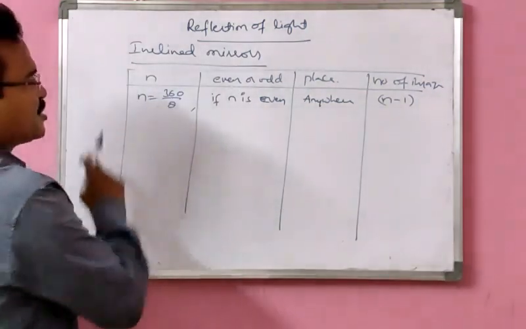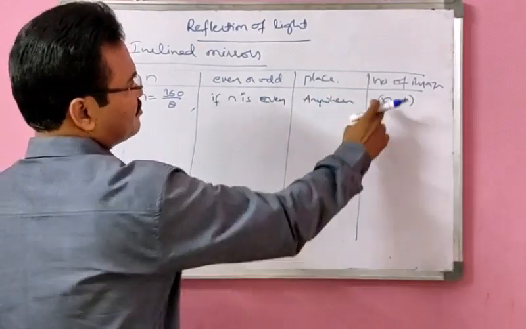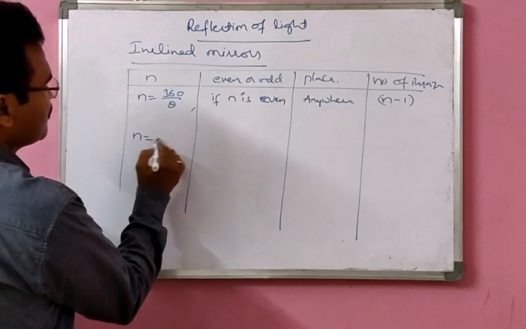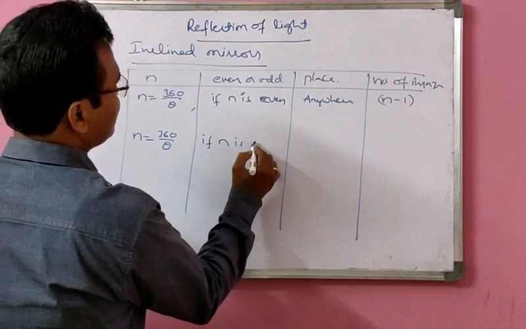Okay, so n equals 360 by theta. If n is even, the object can be placed anywhere, and the answer is n minus 1. Okay, next, n equal to 360 by theta. If n is odd,